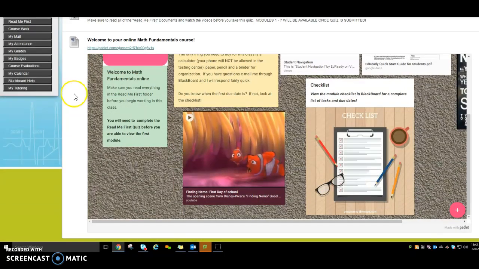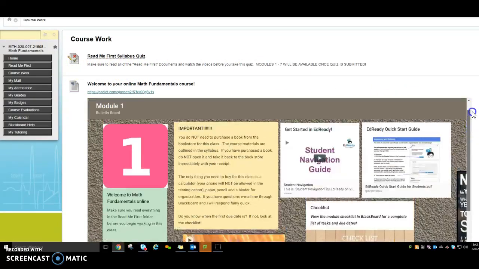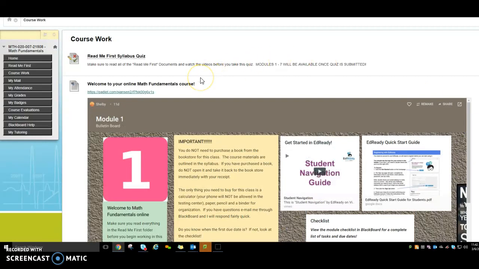And when I scroll through here, you'll see there's nothing else that's visible. You have to take the Read Me First quiz before all of the modules will populate into this section of your Blackboard course. The only other thing that you see right now is what I like to call the bulletin board,